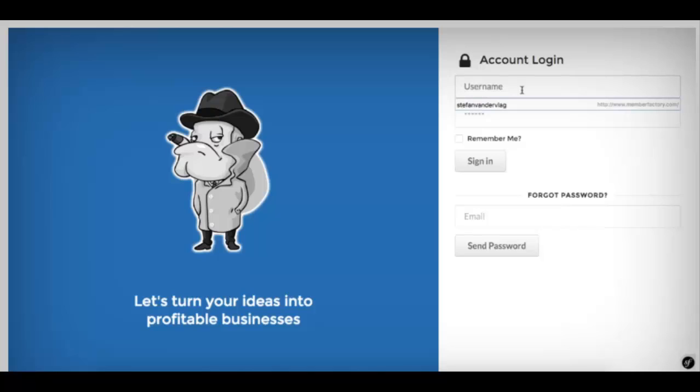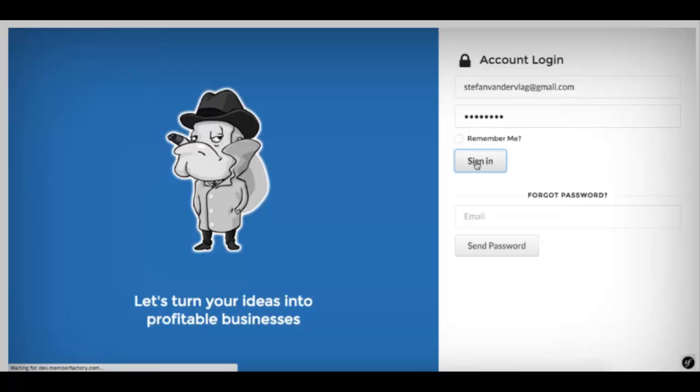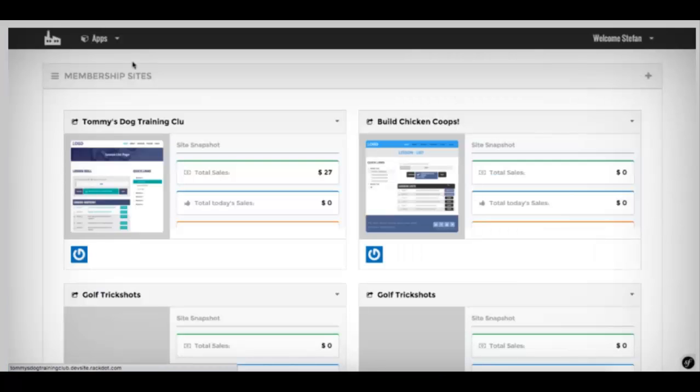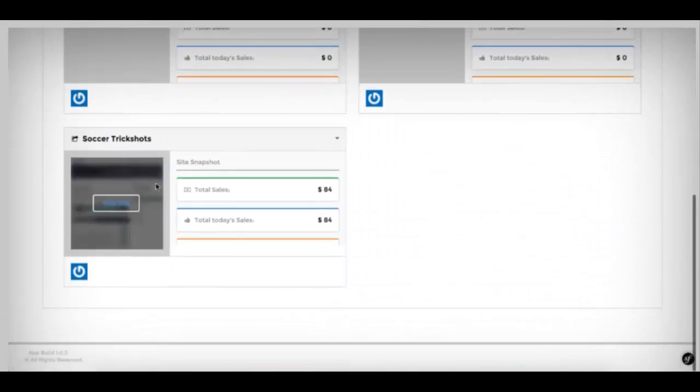Hey, so this is where we are going to log in. Let's use my email right here. There we go, and click on sign in right there. Now you're immediately being redirected to the membership site dashboard, and this is where you can see all the demo